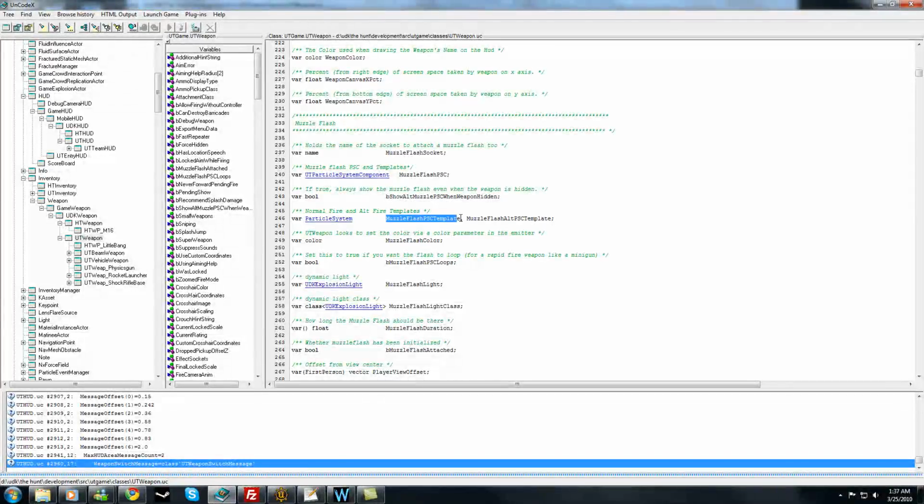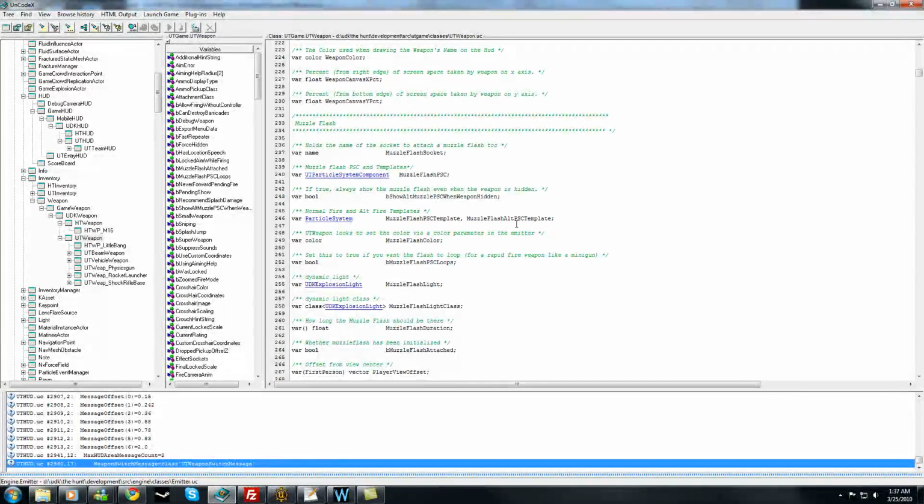Basically, the first variable here is the particle system we're going to use for our primary fire. And this is the particle system we're going to use for a secondary fire, or your alt fire, alternate fire, however you want to say it. Now you'll see that in my implementation of this, I will be using an array of